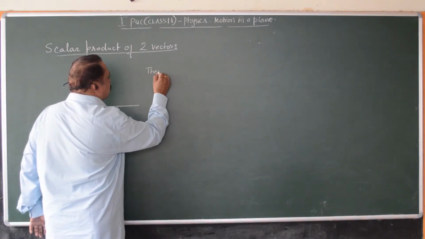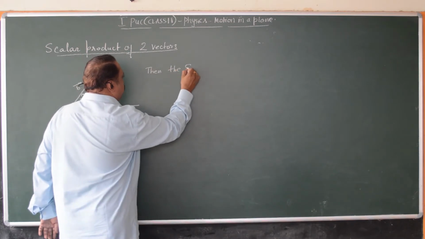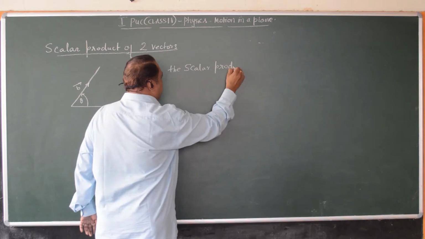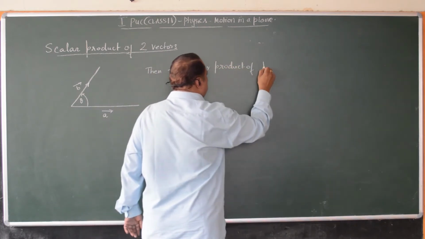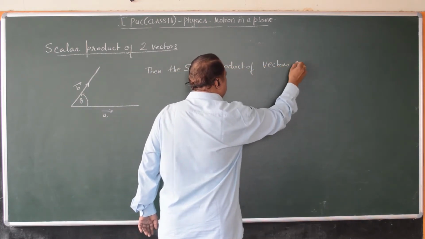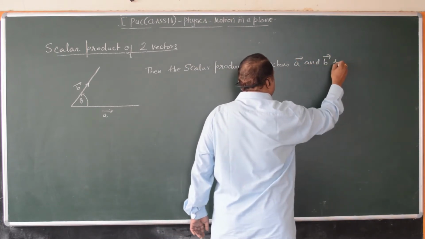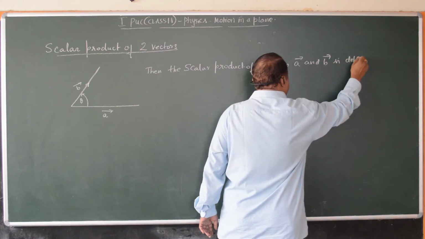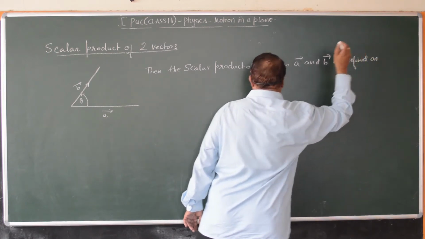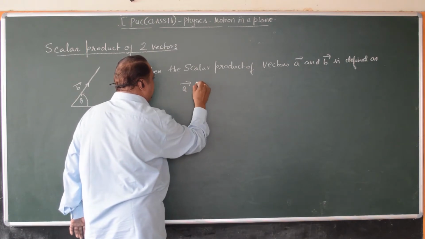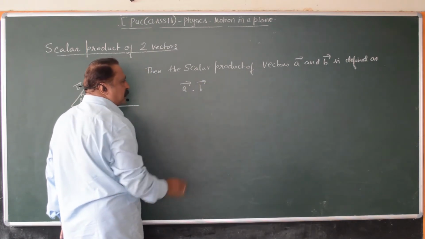Then the scalar product of vectors A and B is defined as vector A dot vector B. This dot represents scalar product,